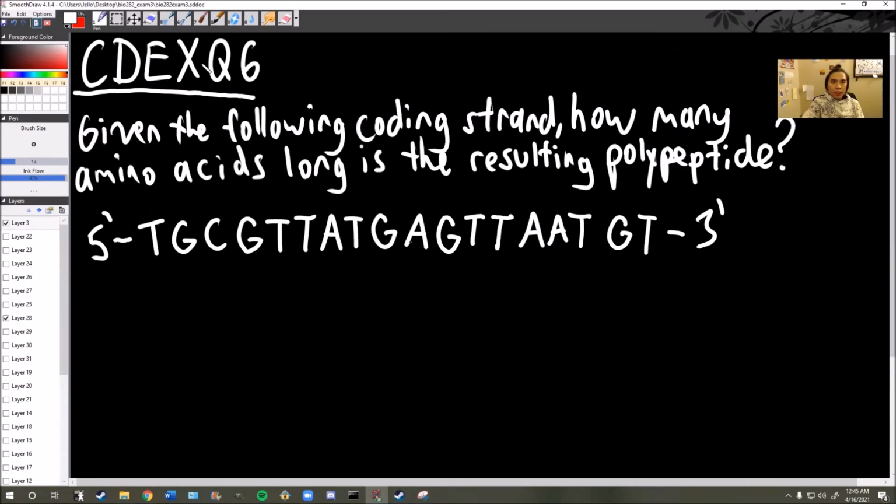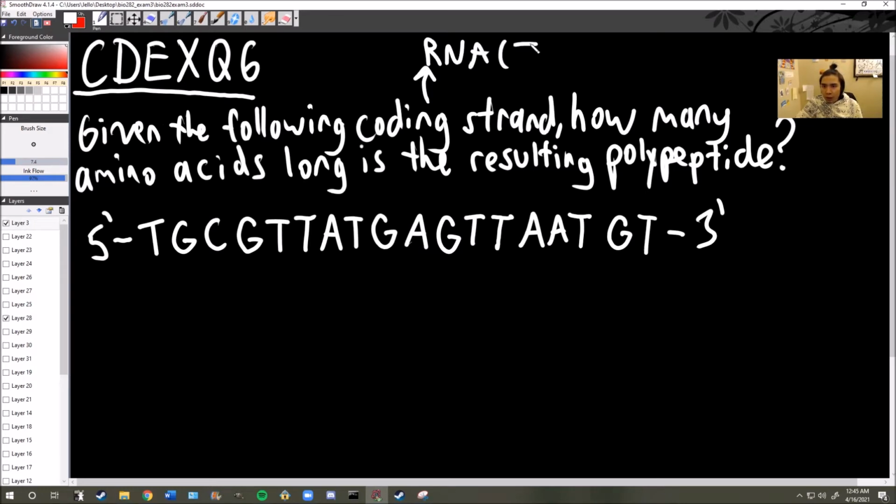Central dogma, example question 6. Given the following coding strand, how many amino acids long is the resulting polypeptide? So this is kind of cool. We talked about the coding strand. Earlier, we were talking about the template strand, so we had to do that additional work and find what would be the complementary bases. We had to do the transcription. But the coding strand gives our RNA,